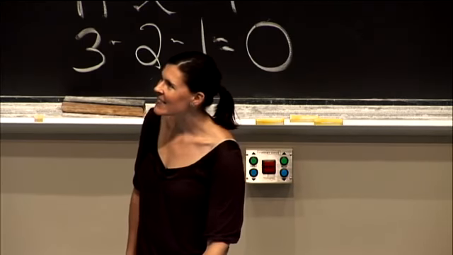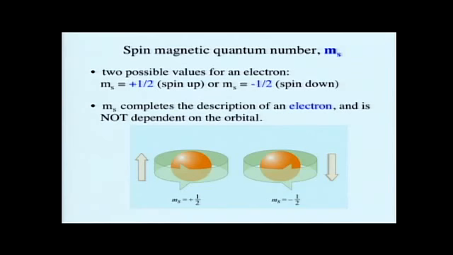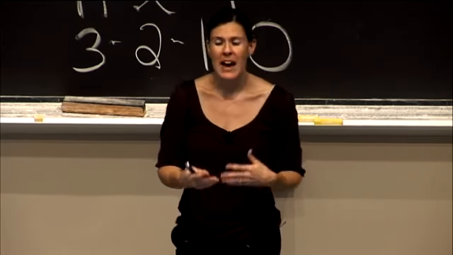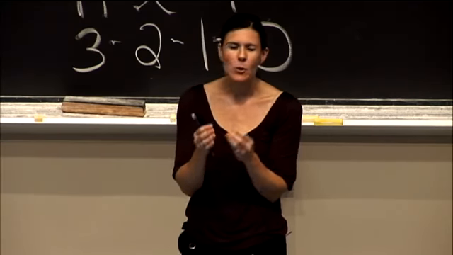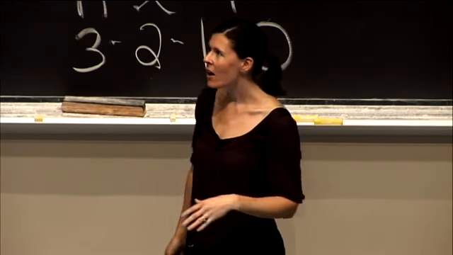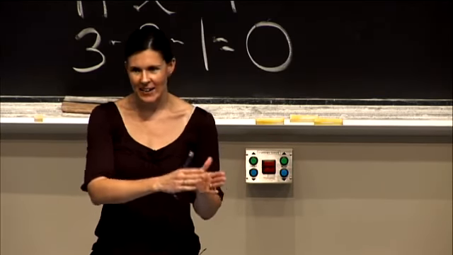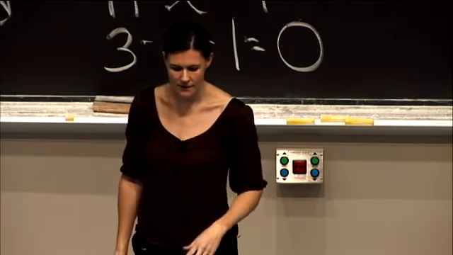But the reason that I like that analogy is that it points out a very important part of spin, and that's the idea that it's a description of the electron. It is not dependent on the actual orbital. So we can completely describe an orbital with just 3 quantum numbers, but we have this fourth quantum number that describes something about the electron that's required for a complete description of the electron, and that's the idea of spin. So we need to actually add on this fourth quantum number, and it's either going to be +1/2